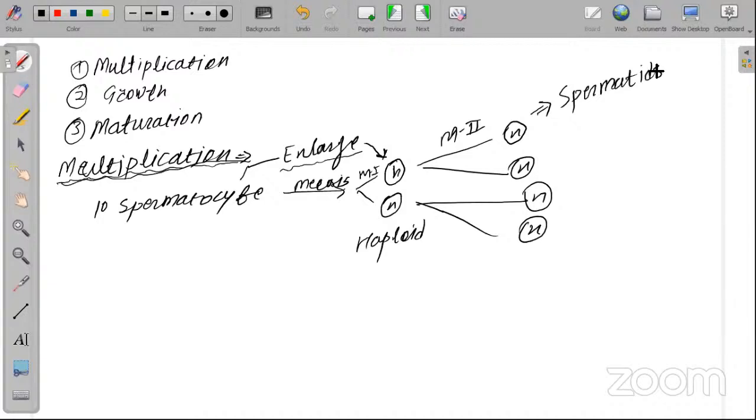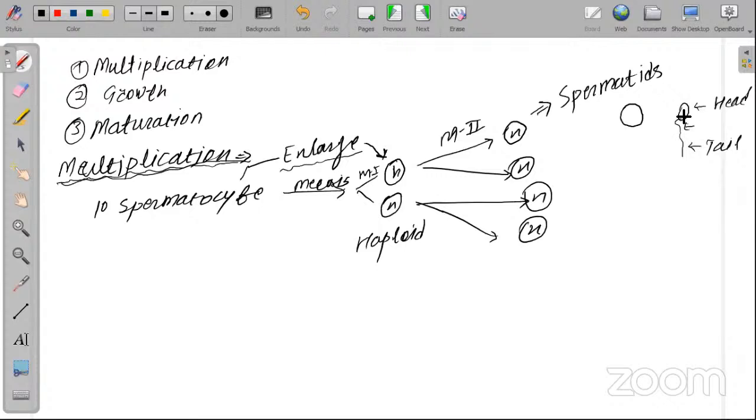उसे हम क्या कहते हैं? Spermatids. So what is the difference between spermatids and sperm? Spermatid is not a mature cell actually. So spermatid is round in shape, and this is the spermatozoa. Spermatozoa have a specific structure. They contain a head, neck region or middle piece, and a tail region. ठीक है, ये हमें पता है, ये उसका हेड है. So this is the spermatozoa.